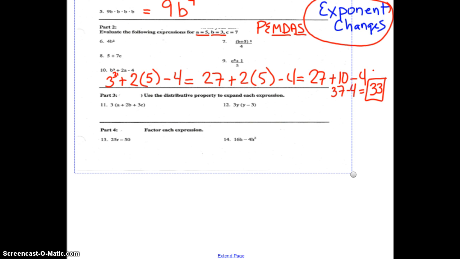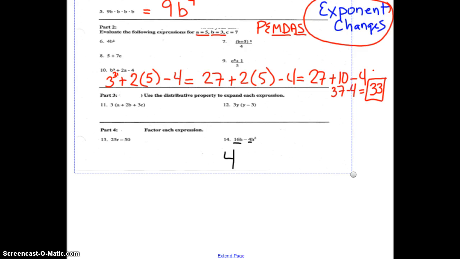Alright, part 3 and part 4, we have done quite a bit with these the last couple days. I am just going to do one of them. I'm going to do number 14. It says factor 16h minus 4h squared. So we are factoring, we are going backwards, which means we are going to divide. So start with your numbers, 16 and 4. What number can go into 16 and 4? You are correct, it is 4. So 4 is going to go on the outside,